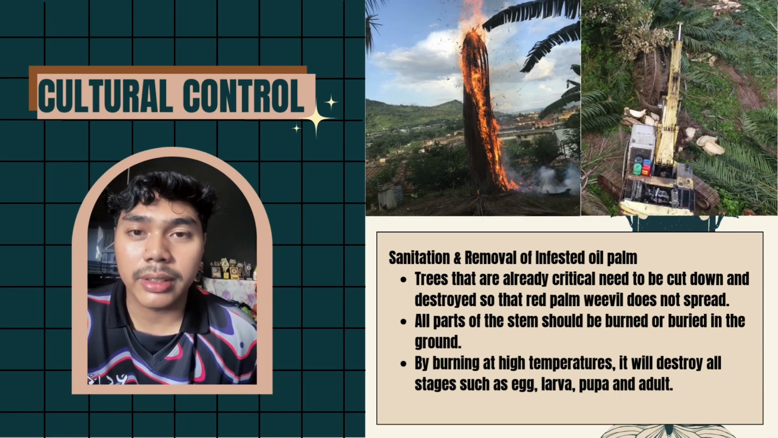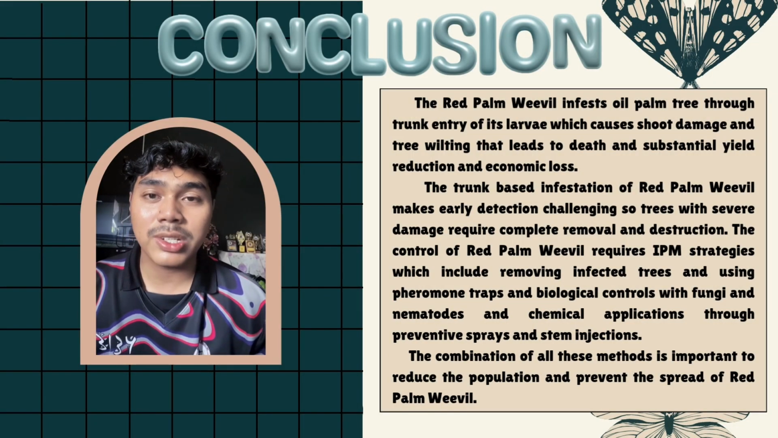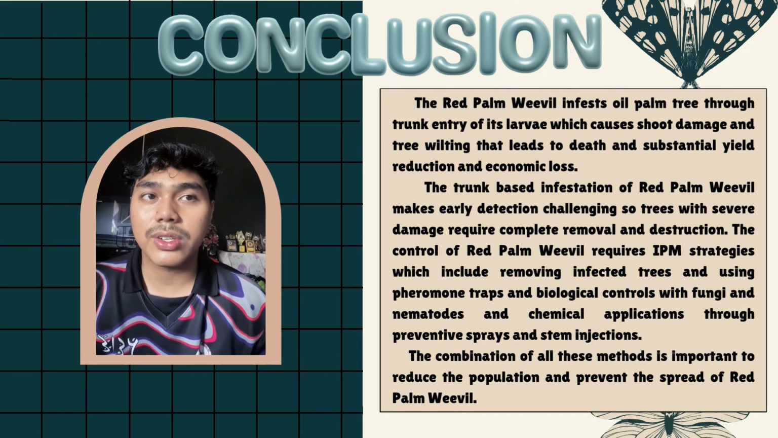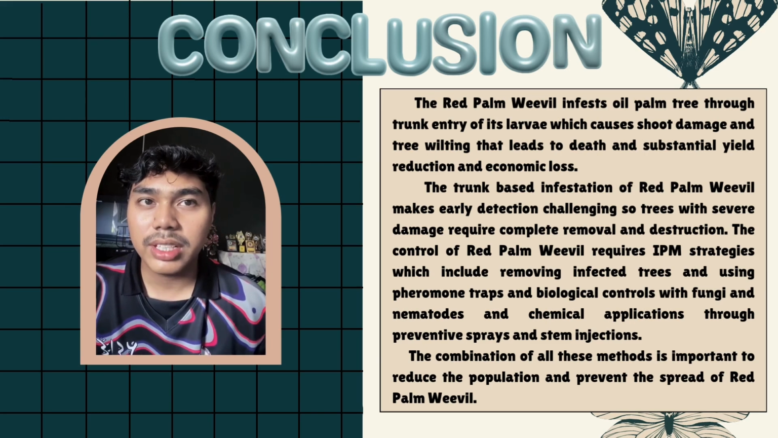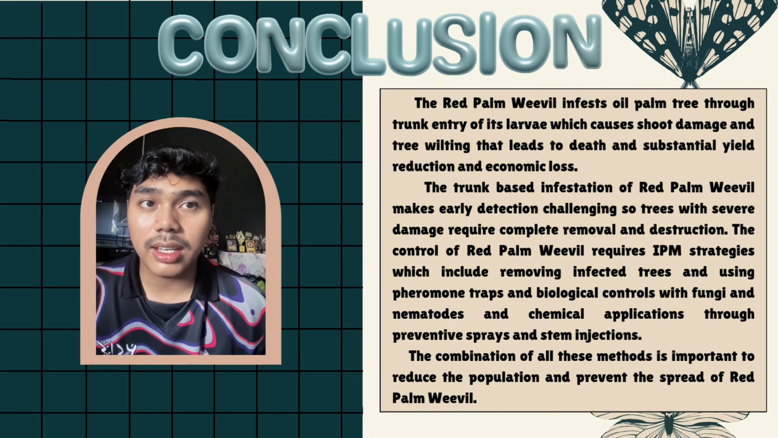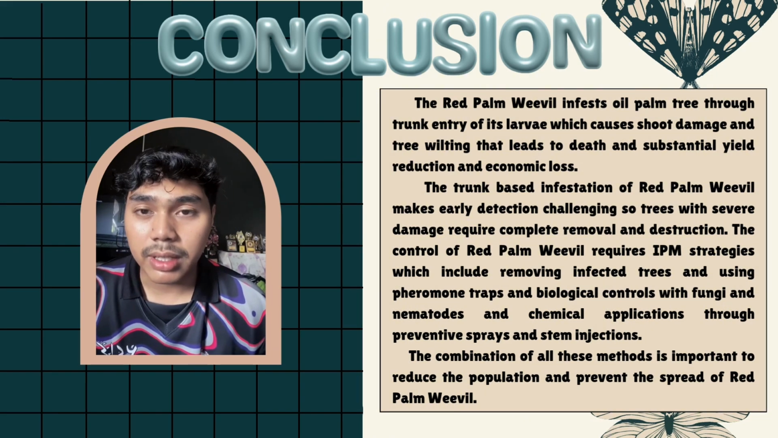adult red palm weevil. So the conclusion for this video presentation is that the red palm weevil infests oil palm trees through trunk entry of its larvae, which causes shoot damage and tree wilting that lead to substantial yield reduction and economic loss. The trunk-based infestation of the red palm weevil makes early detection challenging, so trees with severe damage require complete